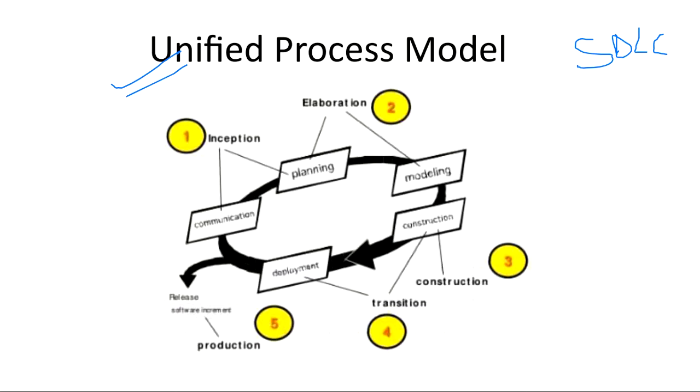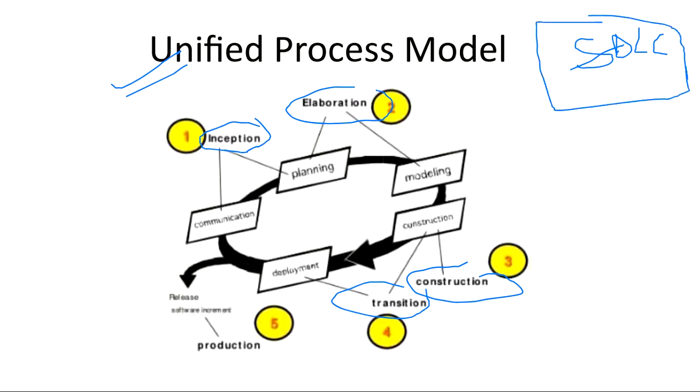In both the cases, there is requirement analysis, design, there is coding, there is testing. Only the name looks changed to me, right? In the unified process model, we are calling the phases inception, elaboration, construction, transition. In SDLC, it was known as requirement analysis, testing, coding, deployment, right? Getting what I'm saying? So you should also get the same doubt that these two things are similar. What is the difference? Then why am I teaching you the unified process model separately?